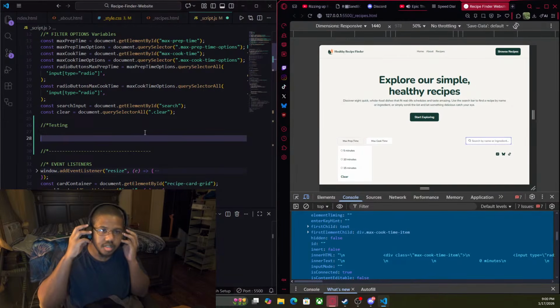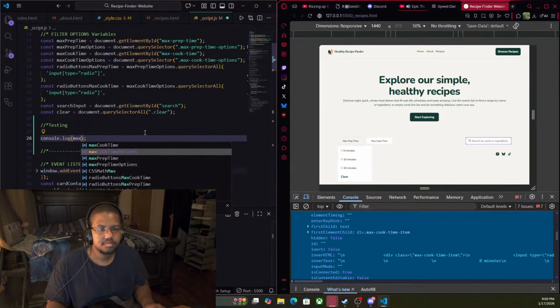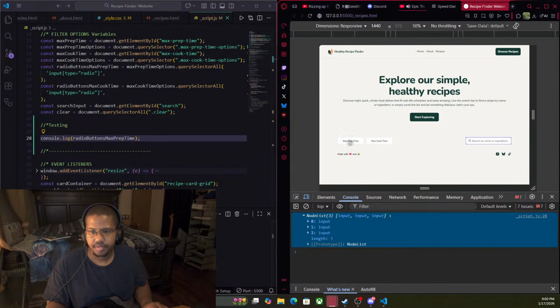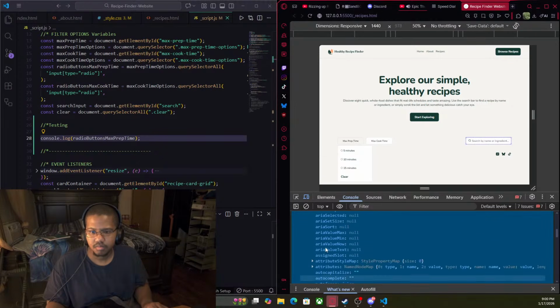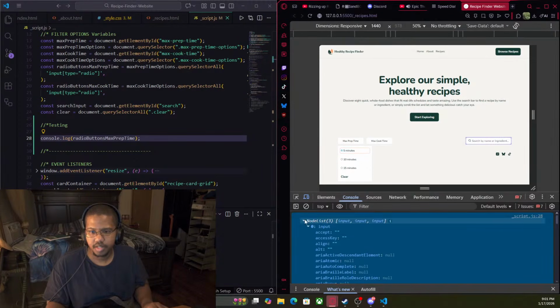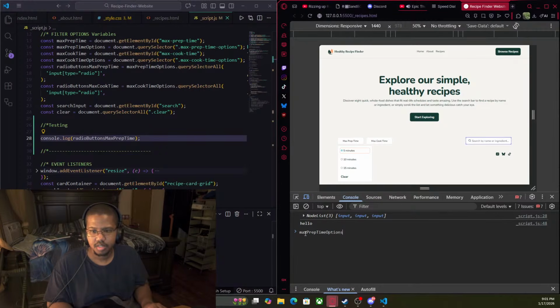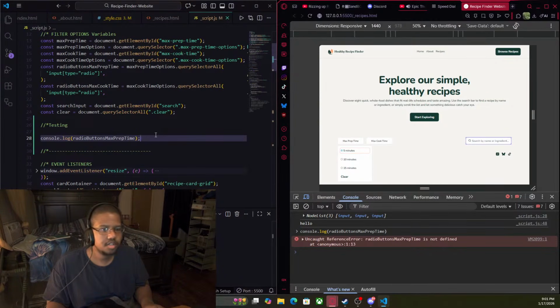I could do max CLG, max prep time, max radio buttons, max prep time. And we get those three inputs. And in those inputs, do they have one called checked or selected? Children. Checked. If I do that and then do, Lord. So I think what I want to do is